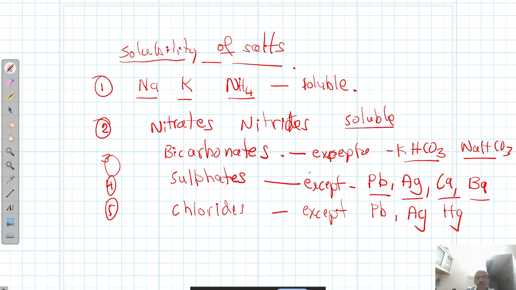Okay, here carbonates is not given, bicarbonates is given. Carbonates is not. Oh, all carbonates are okay. Here, sorry, the sixth one is also there. Here, all carbonates